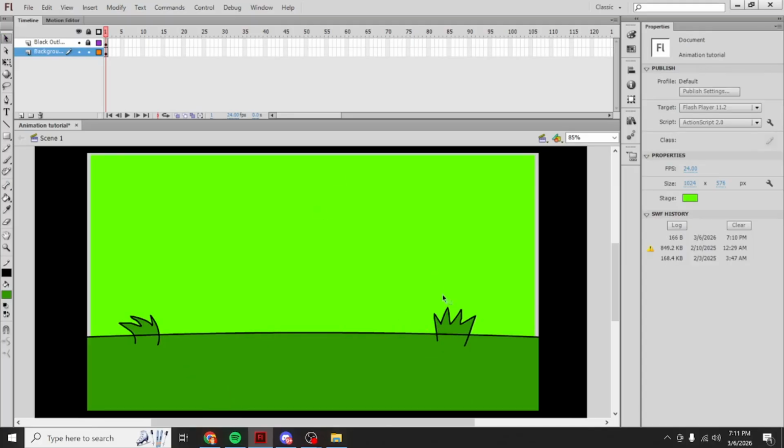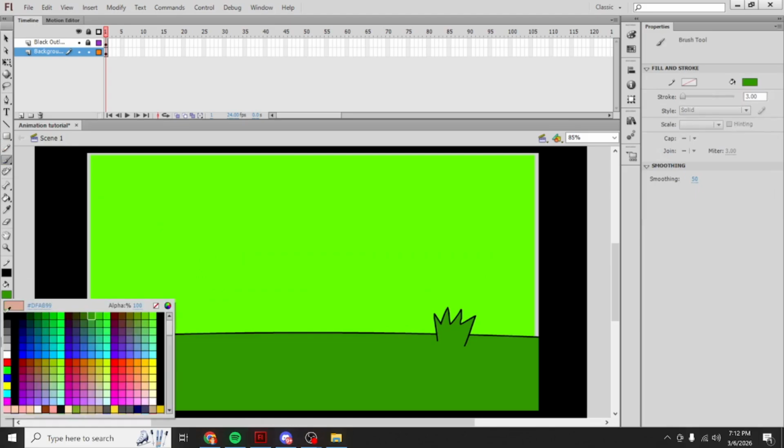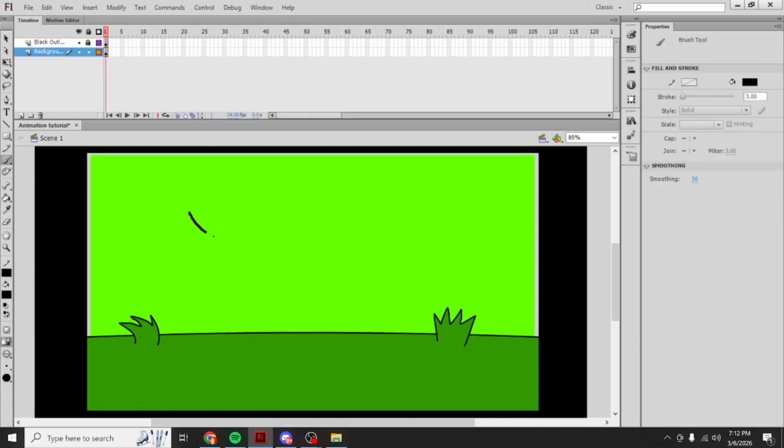And just to tell you how I'm doing some of the stuff, because I know I'm going kind of fast. Basically, I use the pencil tool right here. The pencil tool makes really clean, slim lines. You could also use the brush tool if you like a little bit of a messier look. You can make it look clean also, but it's not as defined edges. Anyways, there's some grass right there, and then that looks a little bit plain,